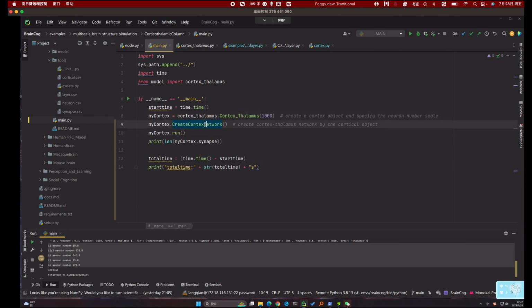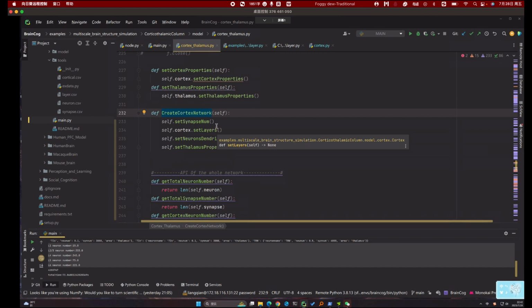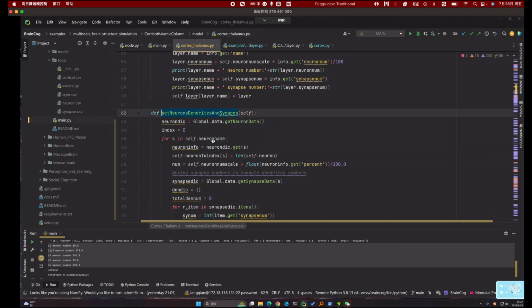Next, this function, create cortex network. This function is responsible for constructing the whole structure of the column. We can set some features of synapses and cortical layers and dendrites and thalamus. And the most important thing we should notice is that